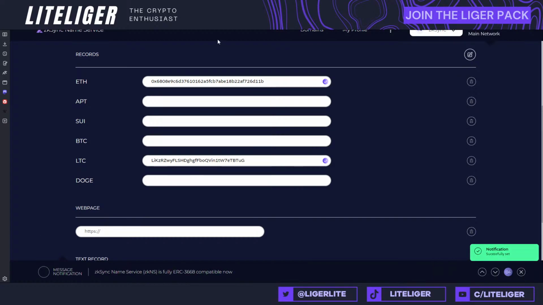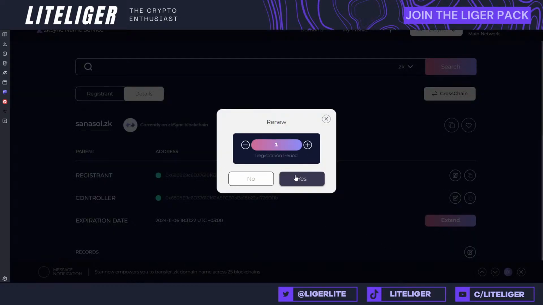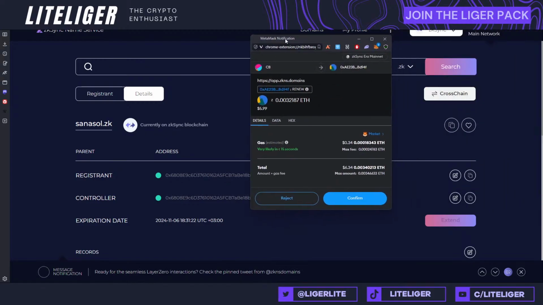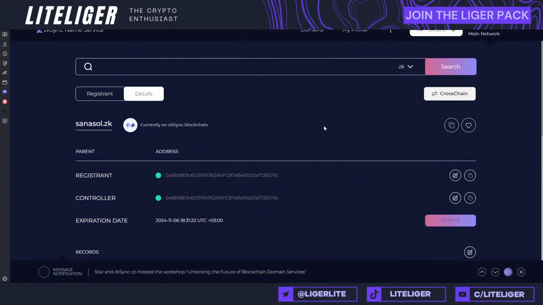I understand not everybody's going to be doing this because they want to really save on transaction fees. But if you want to extend this, maybe you want 2 years, I can do this as well. This is only $6, whatever. Let's do another year, let's do an extension, and see how that turns out.